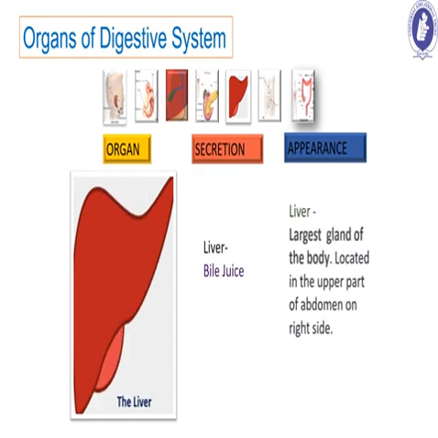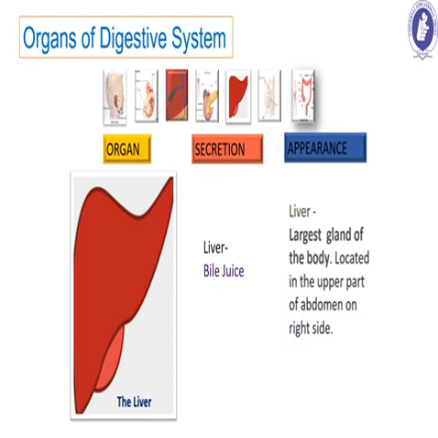Once the food has been digested in the stomach, where will it go next? Will it go to the liver? No. The semi-digested food called chyme passes into the small intestine. So from the stomach, the semi-digested food is going directly to the small intestine. Then what is the role of the liver in digestion?